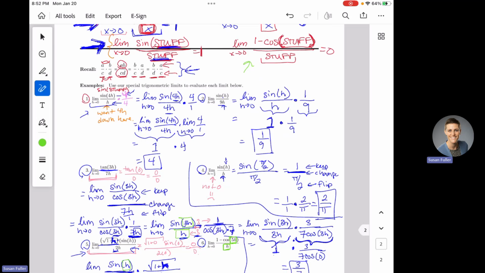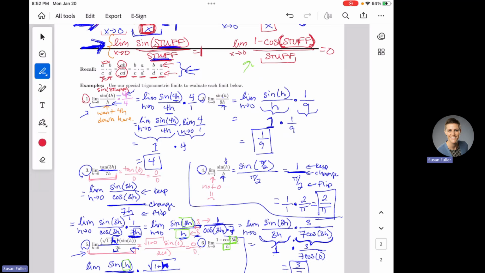Okay, well, again, I can't put anything inside, into, or out of a cosine function. That 5h is in cosine jail. I can't move it. So I have to make the bottom match the 5h. How do I do that? Right, you are going to multiply by 5, because if I multiply h by 5, I would get a 5h on the bottom. But this is fractions. You can't just multiply the bottom by something. You have to multiply the top by that same thing so that I don't actually change the value of this. I just make it look different.